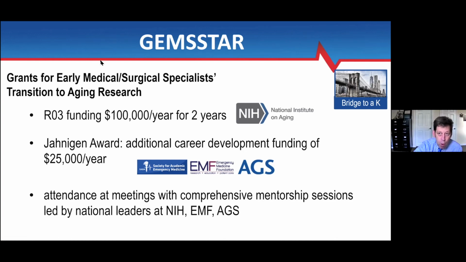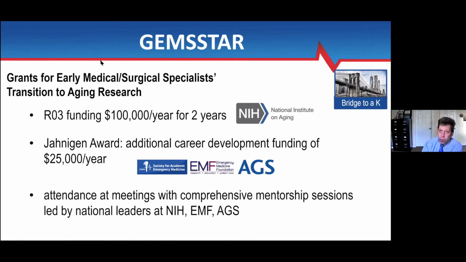So what's the grant? Well, it's R03 funding, and I'm going to talk in a second about why that's really important. It's R03 funding, $100,000 a year for 2 years in direct cost. There is no requirement for it to be a specific amount of your salary. Many people use substantially their salary as there is no protection requirement like there would be for a K award, for example. It's for 2 years, and typically you have to apply for and identify additional career development funding,